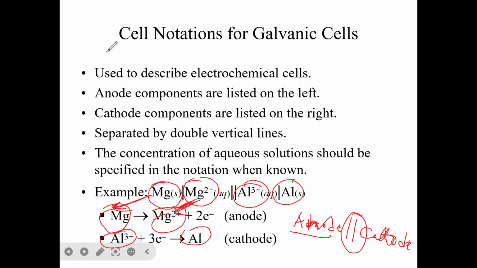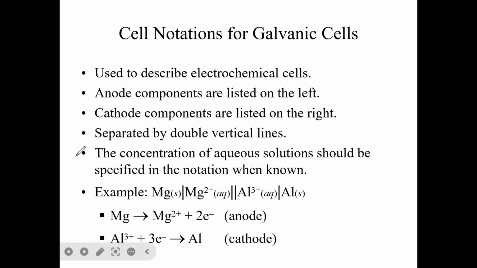Sometimes you'll only be given the cell notation. And of course, once we give the cell notation, you can just use it to derive your oxidation half reaction and then reduction half reaction. That is the anodes and the cathodes like we have here. So then the next thing after this is we are going to look at